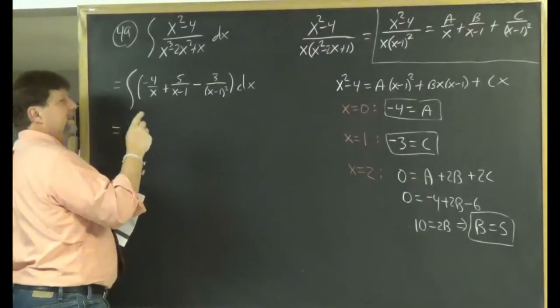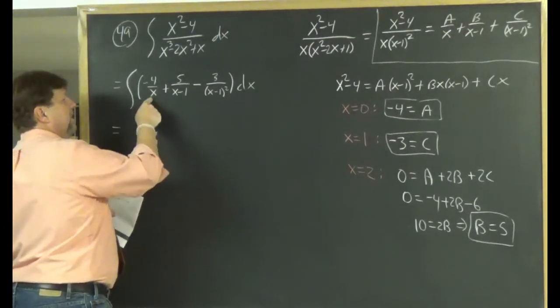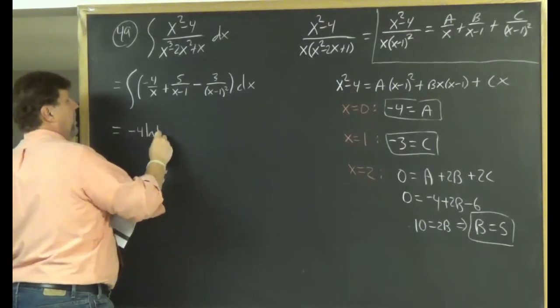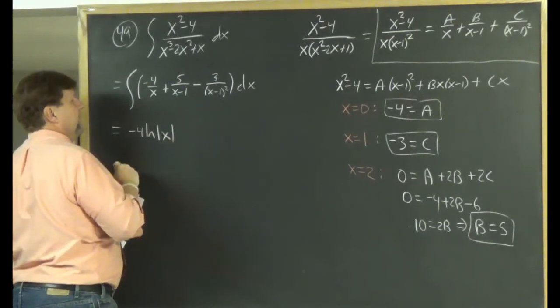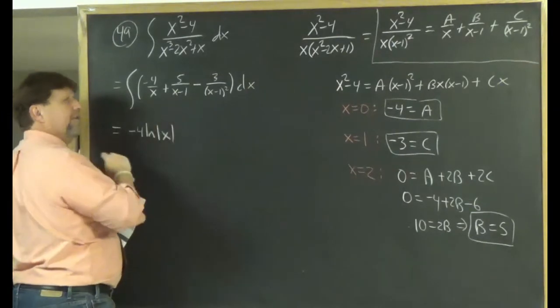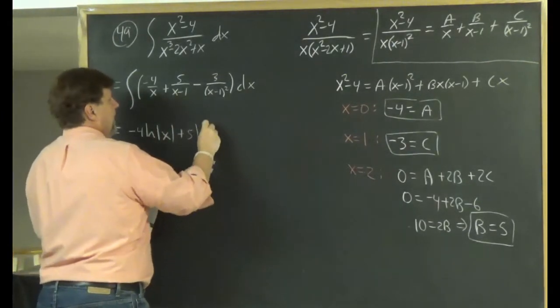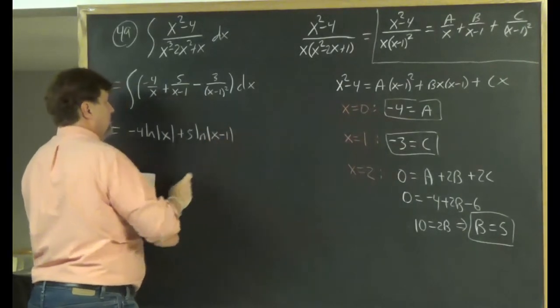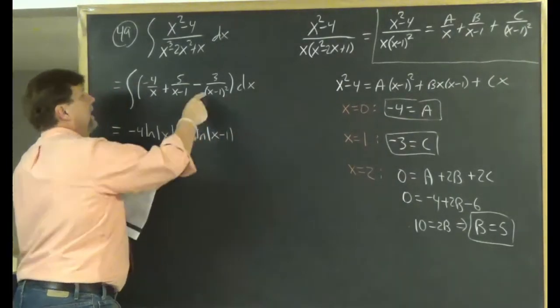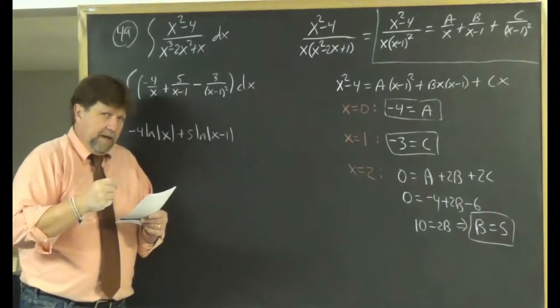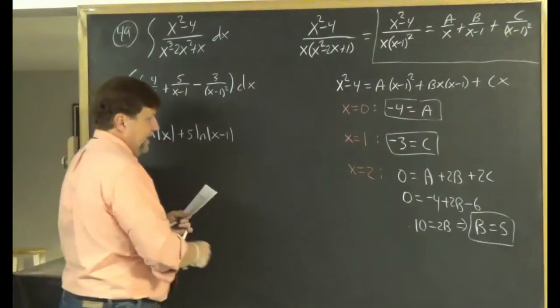And it's very easy to do this integration. The antiderivative of negative 4 over x, that's negative 4 natural log, absolute value of x. Antiderivative of 5 over x minus 1, that's 5 natural log, absolute value of x minus 1. It's this integral that we'd have to do just a little bit of work on, so maybe, as an aside,